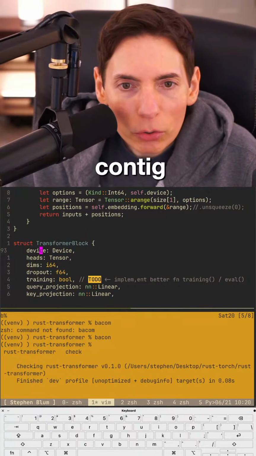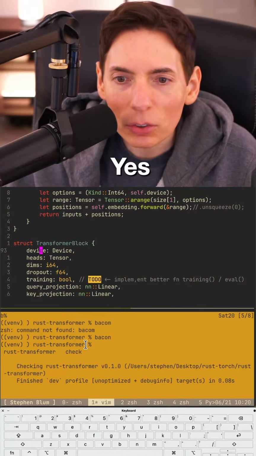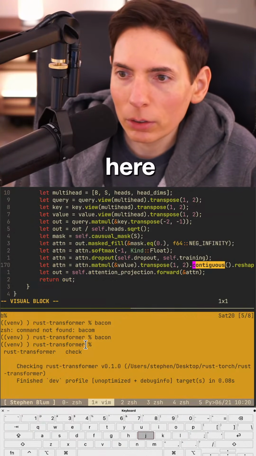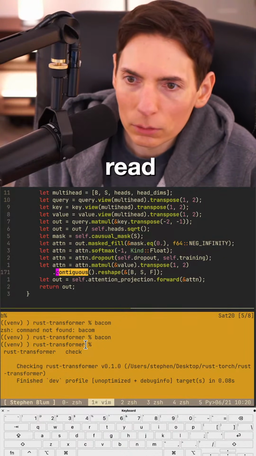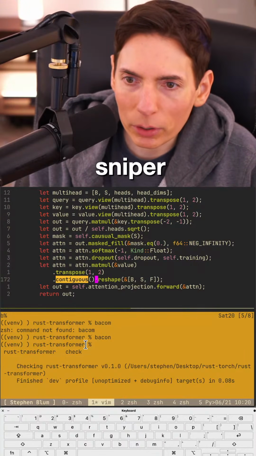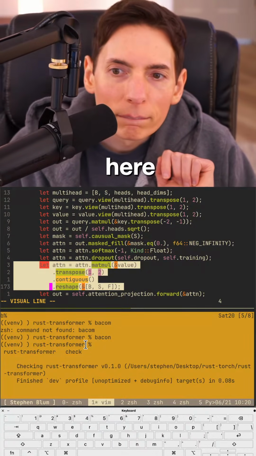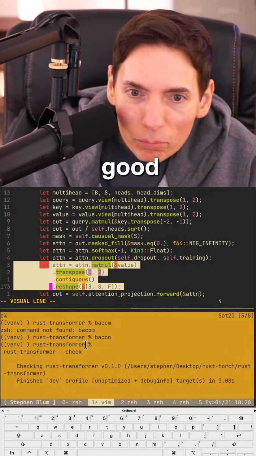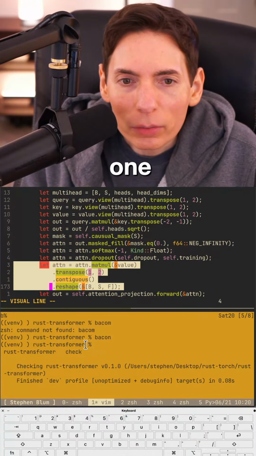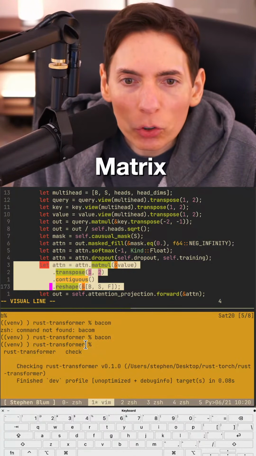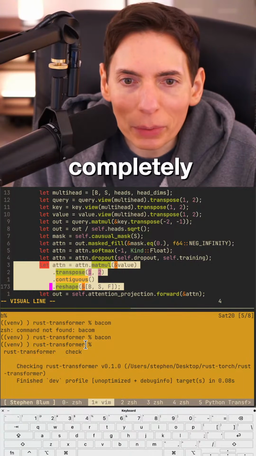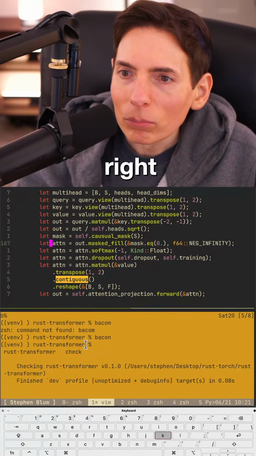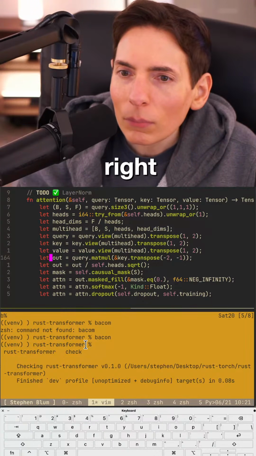Matrix mode, transpose, one contiguous, reshape. Check. Okay. Contiguous, right here. I'll make it easier to read. This is how I got it to work, Squirrel Sniper. I think it's pretty good. You already moved the head dimensions to index 1. Transposing it again right before the matrix multiplication throws the inner dimension completely out, does it? Am I not doing this right? I thought I was doing this correctly.